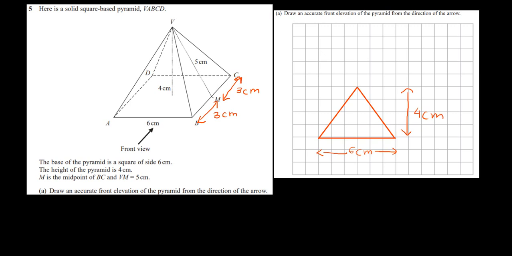Okay, moving on to the next part of the question, which is work out the total surface area of the pyramid. So the pyramid is made out of the following shapes. Let me see if I can bring some shapes, so it'll save me time. Right, let's see if I can get some triangles and some squares. Sorry about that. There's a square, triangle, there we go. So if you go to the previous page,